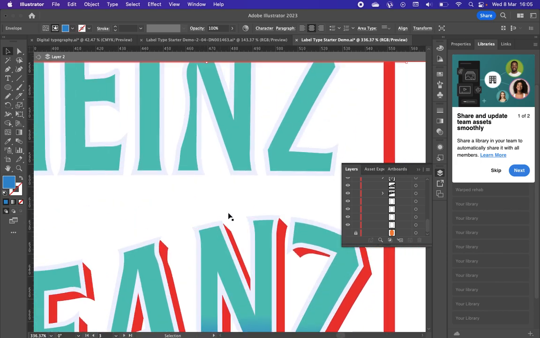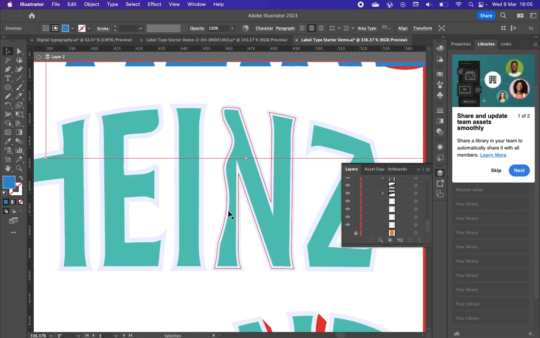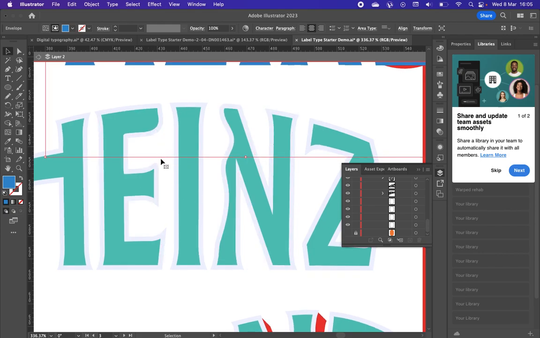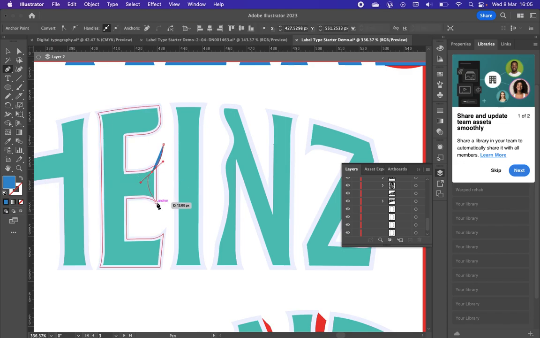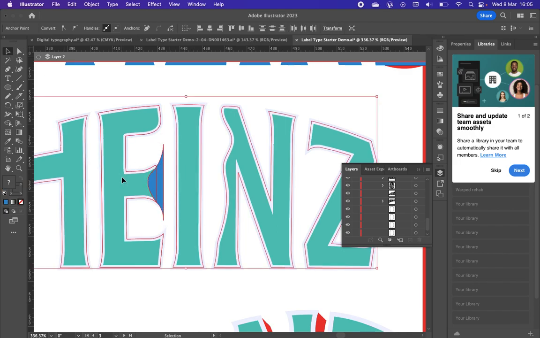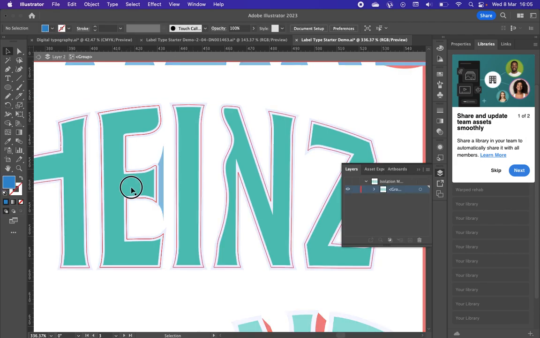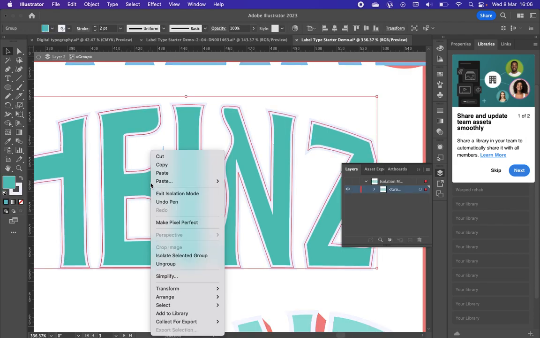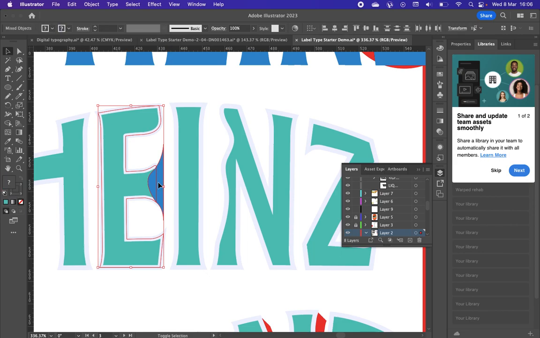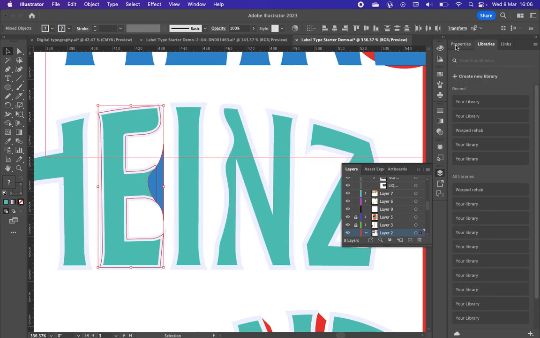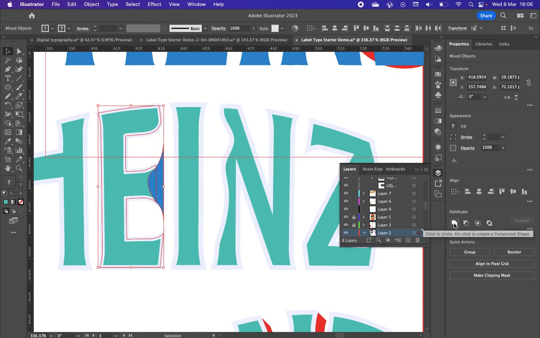If I wanted to add parts on, so let's say I wanted to add quite a dramatic sort of tall serif to this, I could draw that with the pen tool. So I'm going to sort of envision where I want that to go. Something like that. So that kind of shape on the end, and then I can select both of those. I'm going to ungroup just to make it a little bit easier. There we go. Select both of those, and then if I go into properties, I've got my Pathfinder options here,